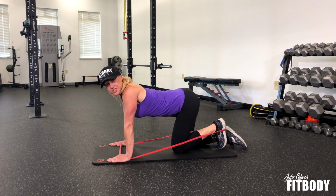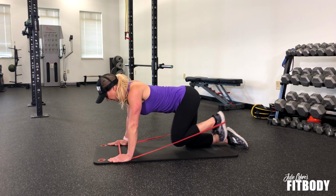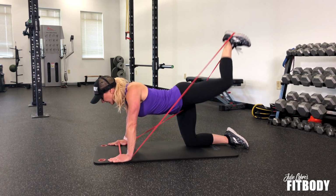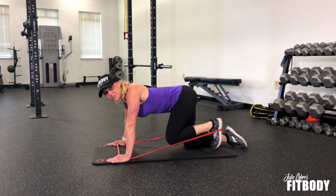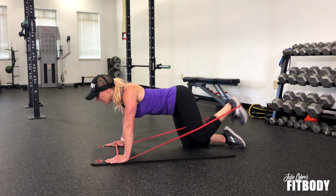We can take this into a straight leg now, which is going to be a little more challenging, and you're going to lift and kick back to straighten it out. So you bend all the way in, kick up and out. You don't have to go really high with this movement. You keep your foot flexed throughout, but you really squeeze that glute and your hamstring at the top